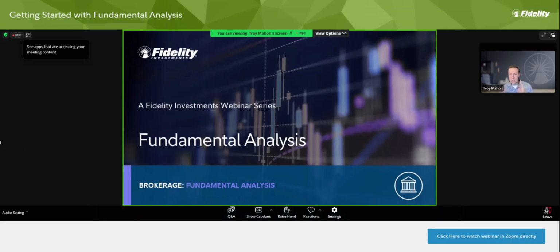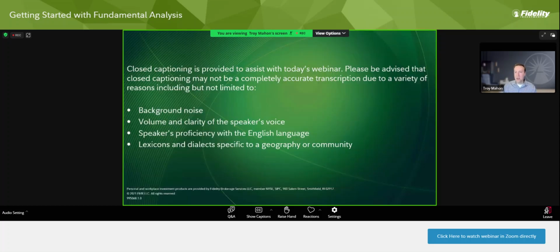And for those of you out there who are self-directed, who are trying to understand how do I evaluate stocks, ETFs, how do I understand investments and seek out opportunity, I think fundamental analysis is something that can be very useful for you. It can help you better understand risk, better understand some of the context of how a company works, how it maybe makes money, what are some unique risks to maybe that company, to that sector.